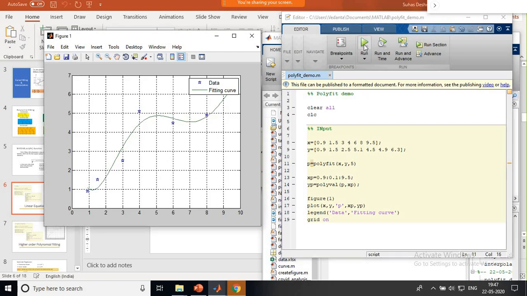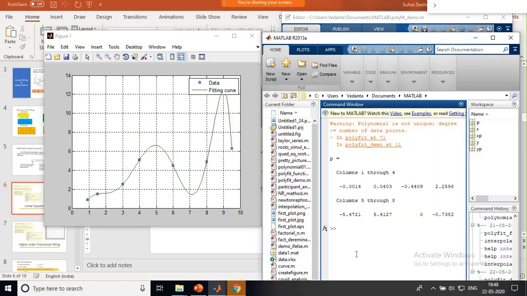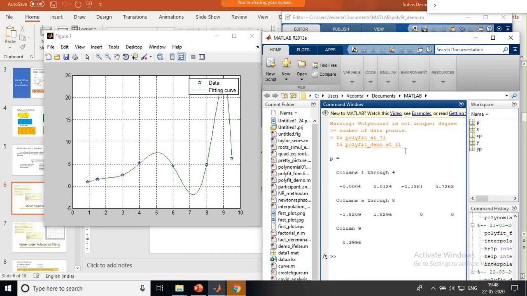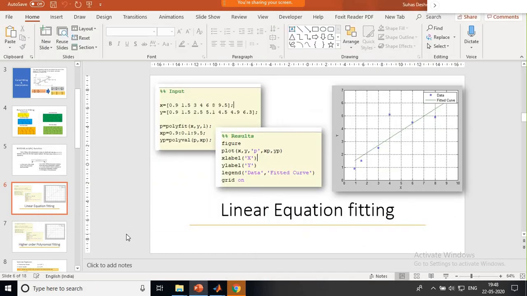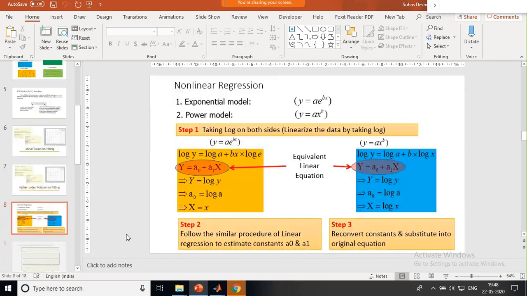We'll go up to 6, 7 also we'll try. Then we can go for 6th also. Yeah, it does work. But when I put it on 7th, it will shout with an error. It is showing some warning about the polynomial and so on. It is not fitting. If I still go for a higher order, it will not fit the data points properly. So this is the way you can use the polyfit function. There are certain more unique capabilities in this. This is the way you can fit any higher order polynomial using this.